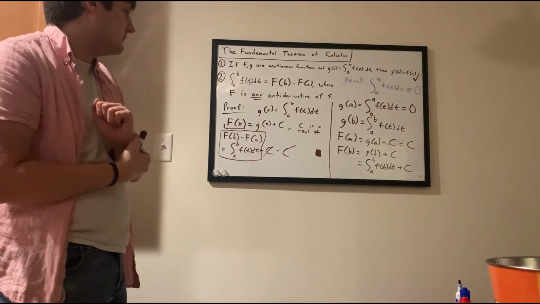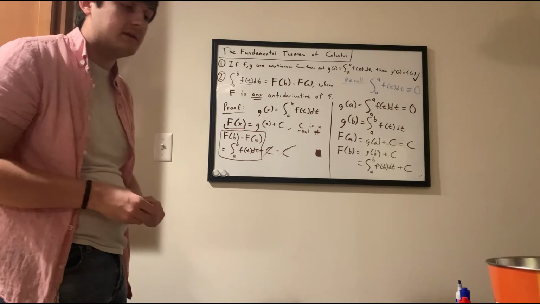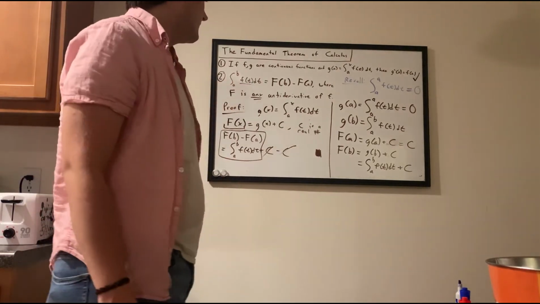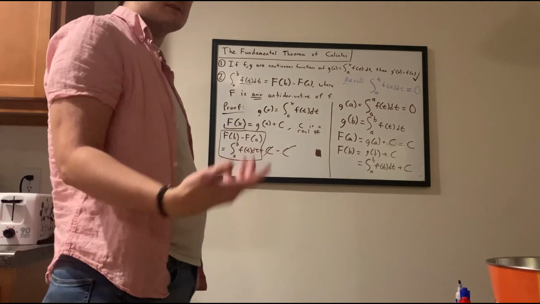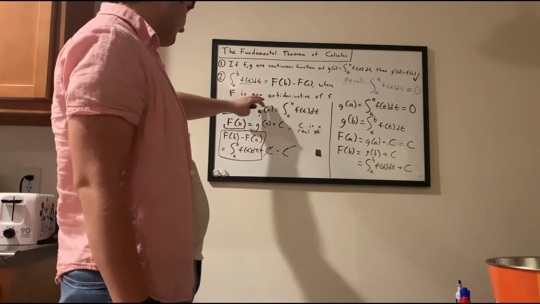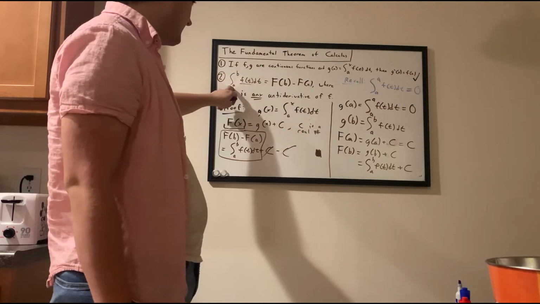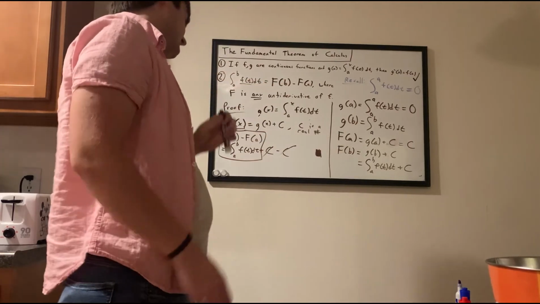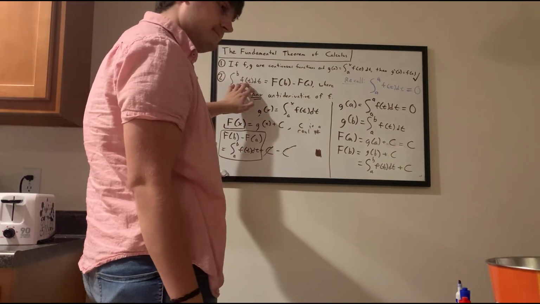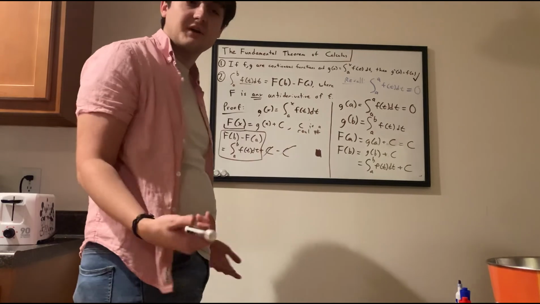So that's what we just found, and that tells us that if I know the antiderivative to my function f, then I can plug in b, plug in a, and when I subtract the two values, it's going to give me the area underneath this curve from a to b, surprisingly enough,